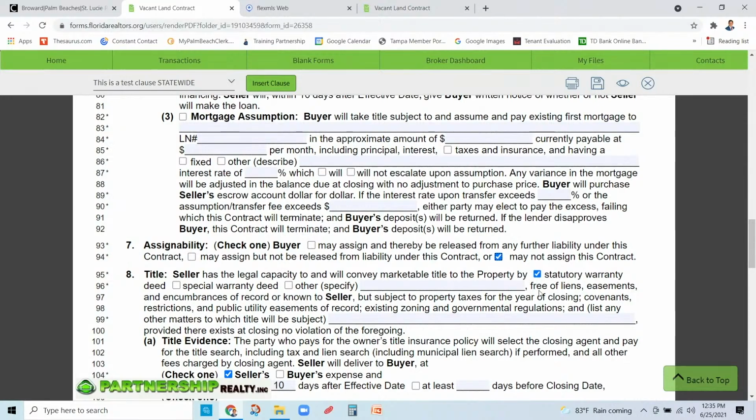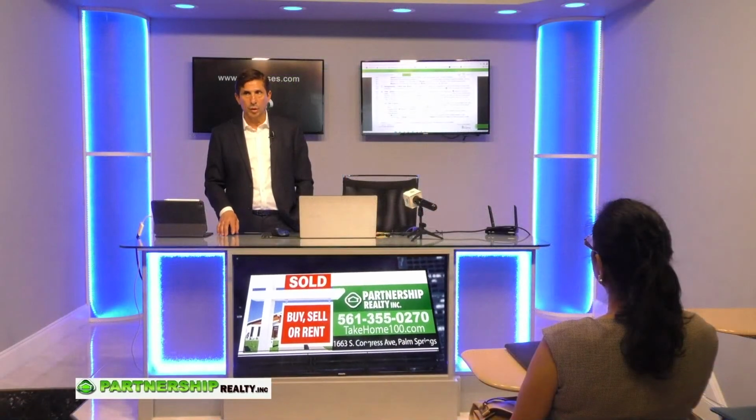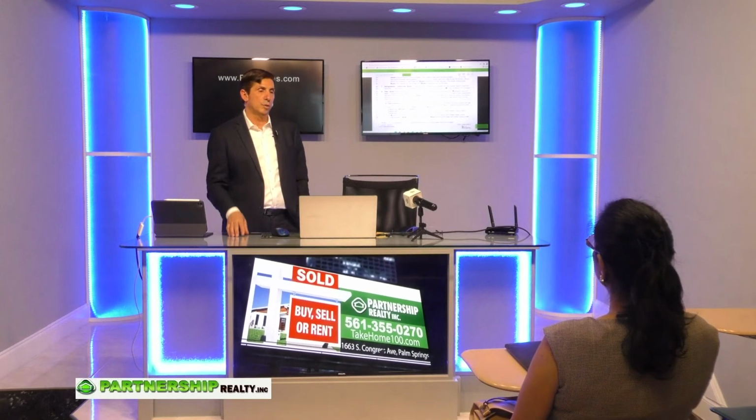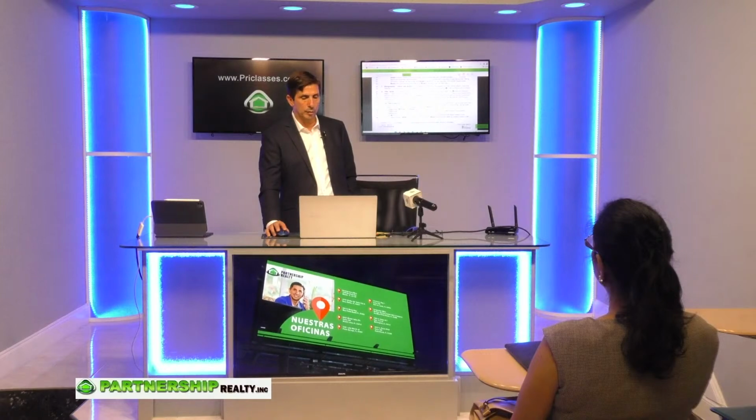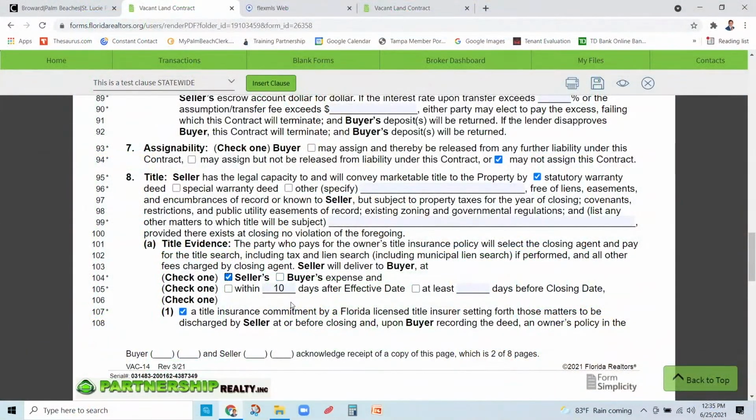So everything's going to be pretty much a statutory warranty on paragraph 8. And as we spoke before, who chooses title? It's not etched in stone. This is not etched in stone. The buyer can choose title. The seller can choose title. So we can change this to the buyer, change it to the seller, and